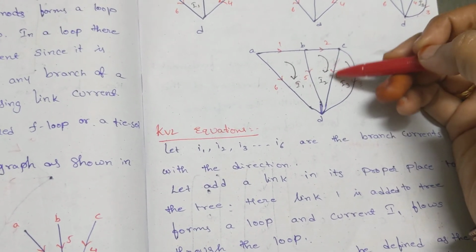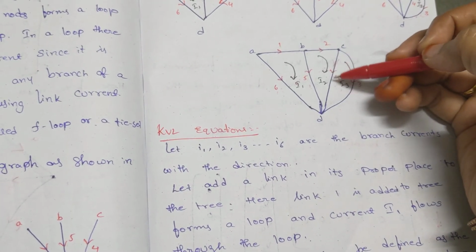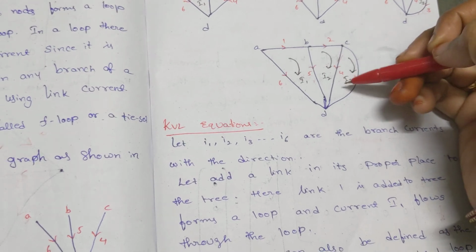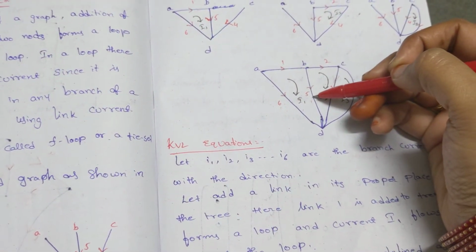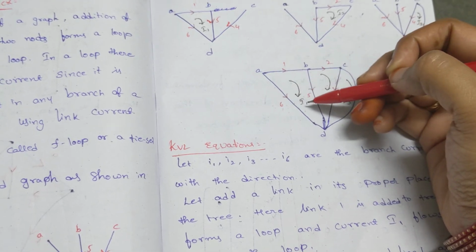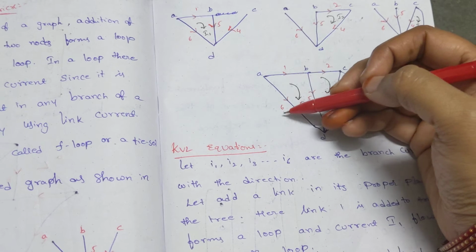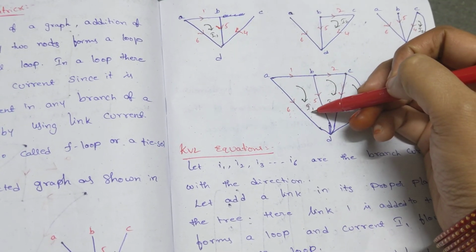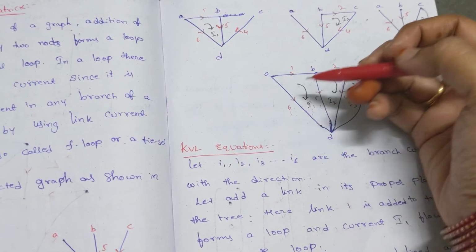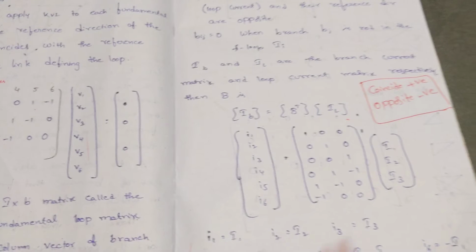So I am following this direction, that means I2 direction, I2 minus I3. So branch current I4 is nothing but I2 minus I3. Similar for I5, I1 minus I2. For I6, that means branch current I6 is nothing but your loop current I1, but it is opposite in direction. So please observe the same thing when I multiply these things.